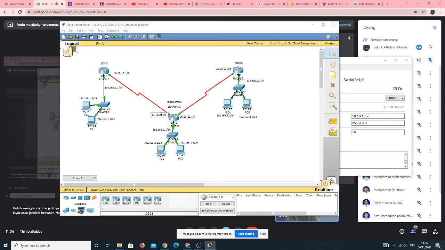This is using same network ID as the router Solo ya, because they are connected each other directly.